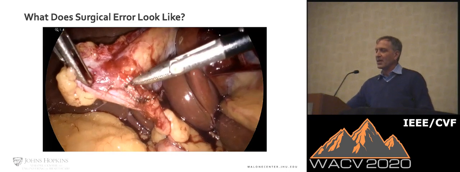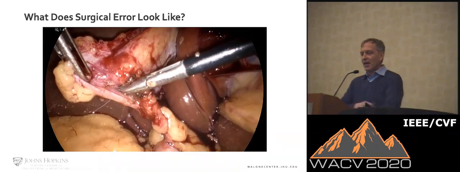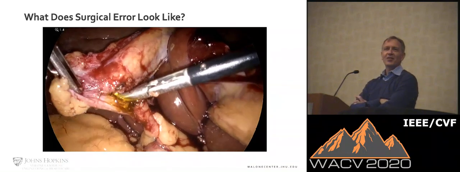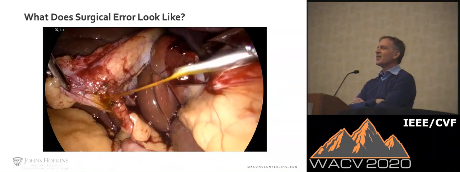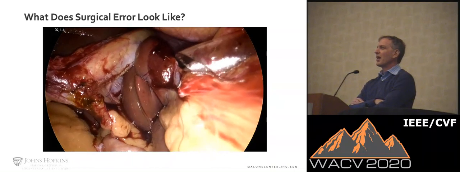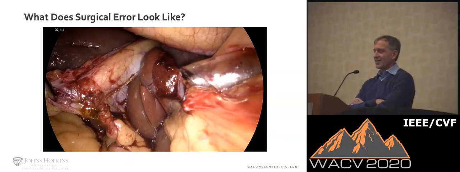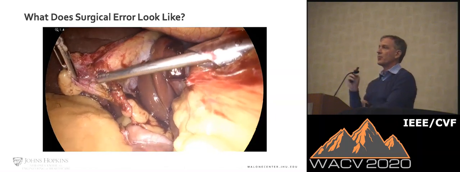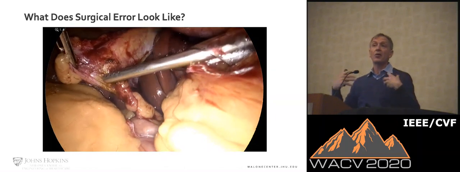So here we go. This is a laparoscopic cholecystectomy. I want you to look for the error. Anybody see the error? Whenever you see green stuff coming out inside the body, that's a bad thing. That's scary. What's actually happened is that the surgeon is doing a very standard procedure, laparoscopic cholecystectomy. Take out the gallbladder